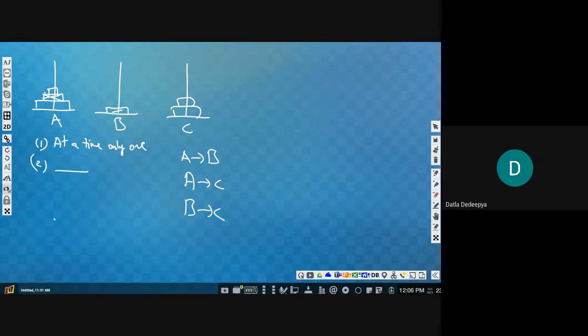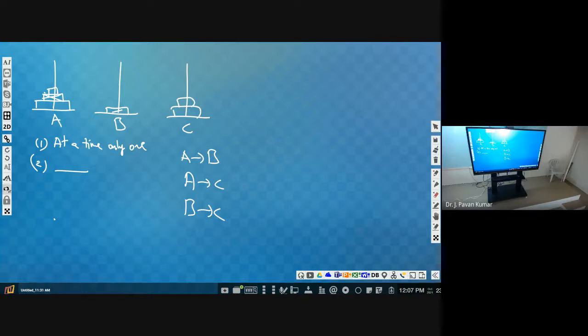Did you check? Yes, sir. No, it will not. First this small box will go from A to B, as you said, the large one will not come. Then place this second box over C. Then move this small box over to A and this box to B. Then you can remove this box from A and keep it on B. How many steps? Five steps.